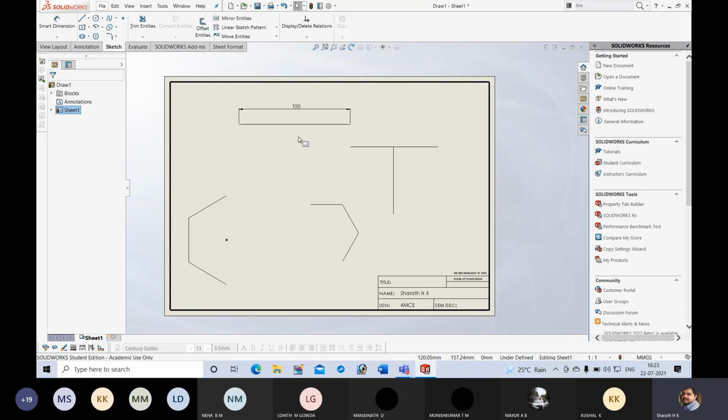For planes and solids, in those videos I made use of the manual approach where I am not using block entities, lock angle, all those things. Only by using these sketch commands and center point arc, I have explained the procedure to draw projection of planes and solids in those videos.